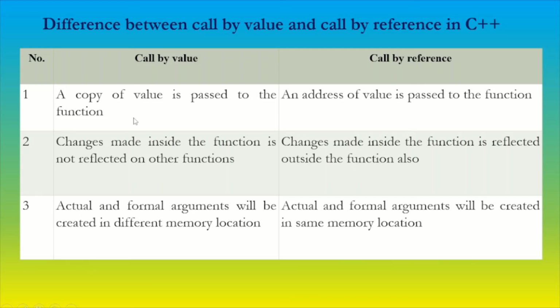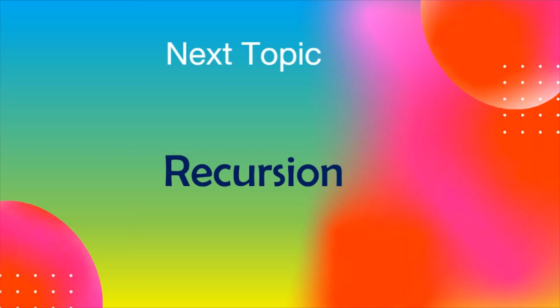In the call by value method, actual and formal arguments are created in different memory locations, so it does not affect the original value. But in the call by reference method, actual and formal arguments are created in the same memory location, so it affects the original values which we passed to the function. In the next video we will discuss the